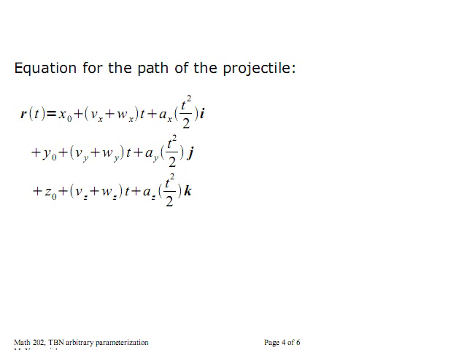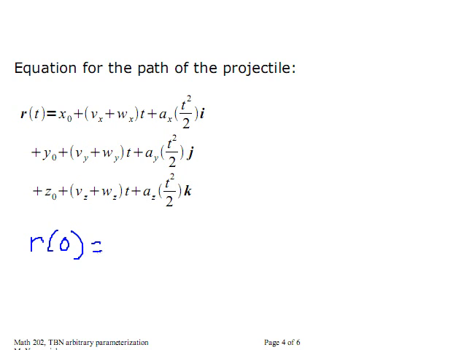Now this is the most general equation for the path of the projectile, and I can show you that by choosing the coordinate system, or putting the coordinate system the way I did, you will eliminate a lot of terms. Okay, first of all, the x naught, y naught, z naught is the launch, the initial position of the projectile. As you can see from the equation, if I set t equal to 0,